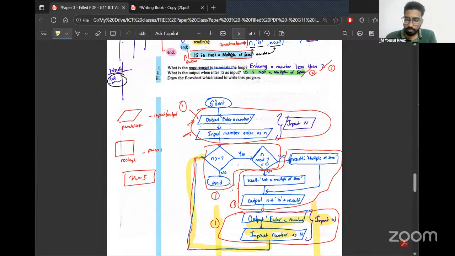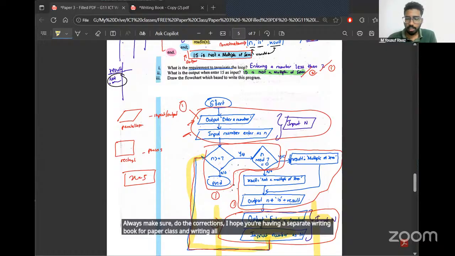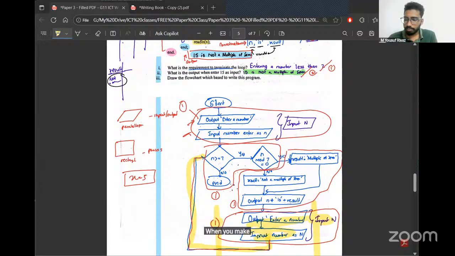Good job. Others, make sure you do the corrections. I hope you're having a separate writing book for paper class, writing all these answers there and correcting when you make mistakes. How can I get 14 when the total mark is 7? I said 3, 1, 2, 3, 4, 5, 6, 7. Just this portion.